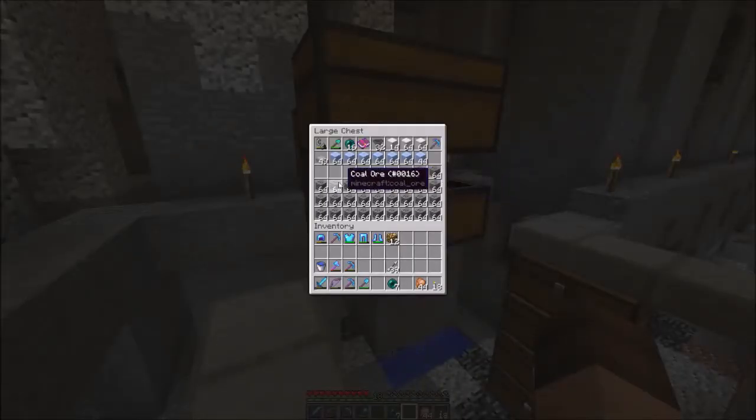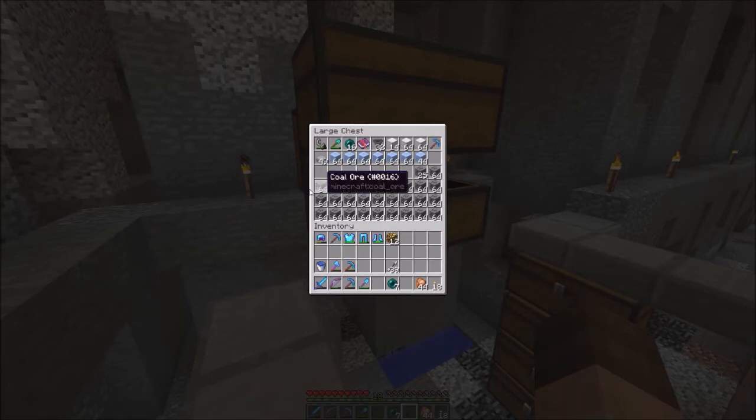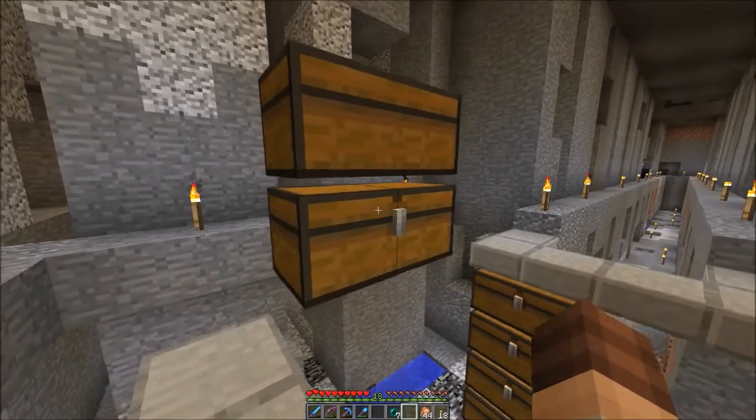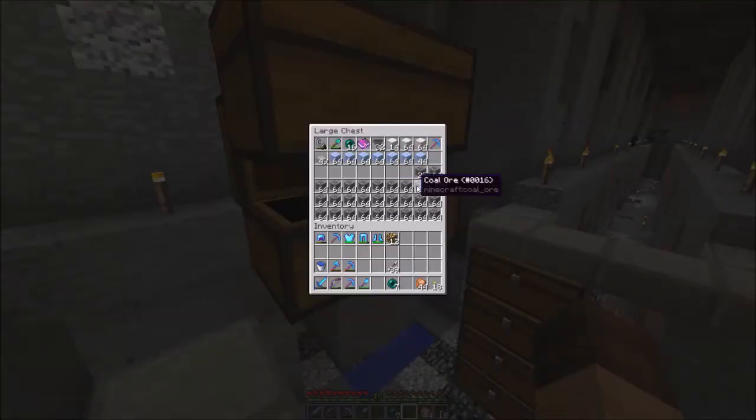This right here is all the coal blocks that I got. Now, of course, I use Silk Touch whenever I'm doing any kind of mining like this. It's just a habit of mine to get it in Silk Touch first, and then whenever I need it, I can break it with Fortune 3. But about one full chest, a regular chest, not a double chest, of coal ore,